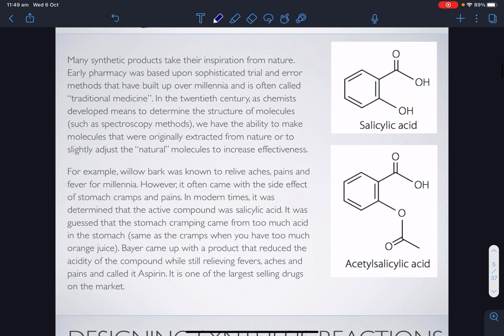All right. Let's see how I've written here. Okay. So many synthetic products, so many of the type of chemicals that we want to make, especially in pharmaceuticals, take their inspiration from nature. Okay. So early